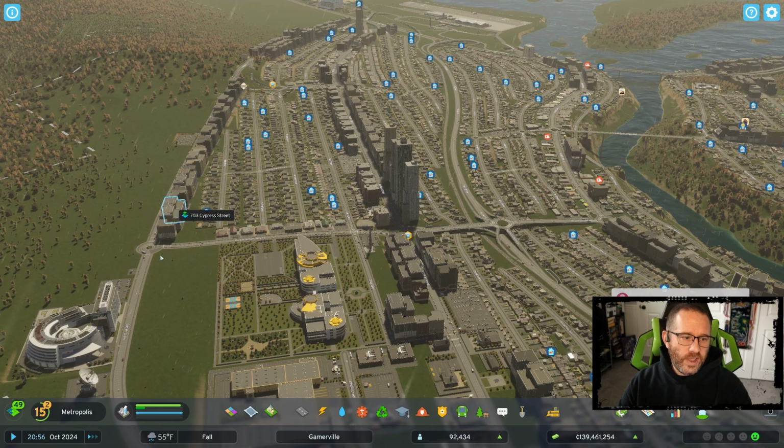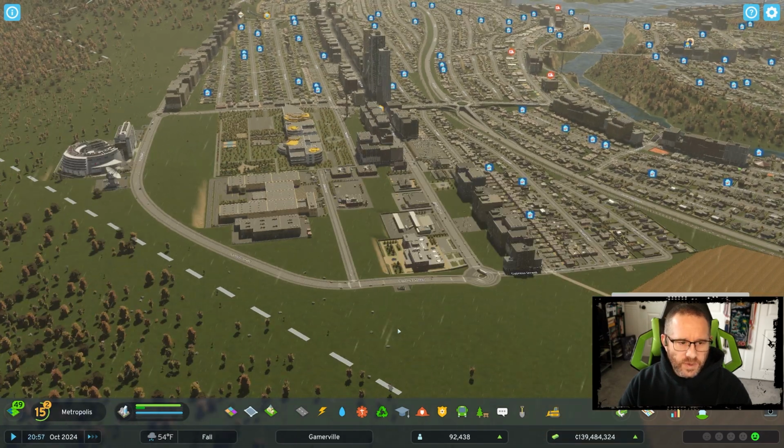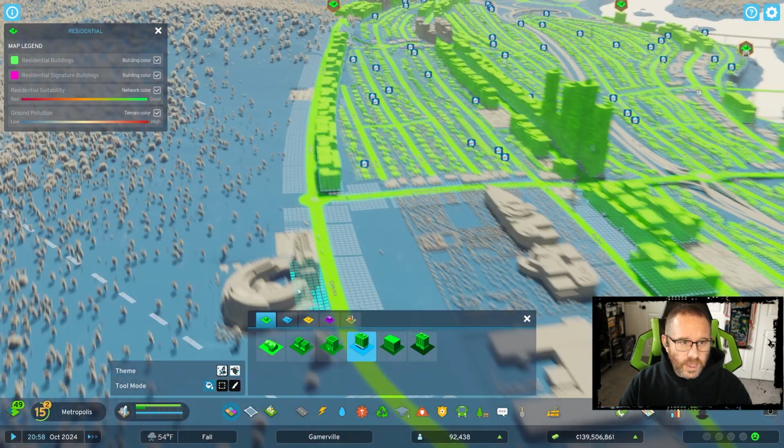4-lane one-way with a lot of high density or medium density stuff alongside it. We still have some open pockets here. Speaking of open pockets, let's throw in...